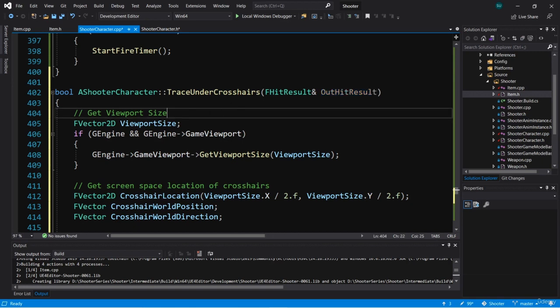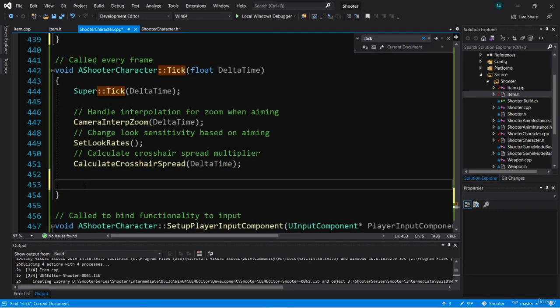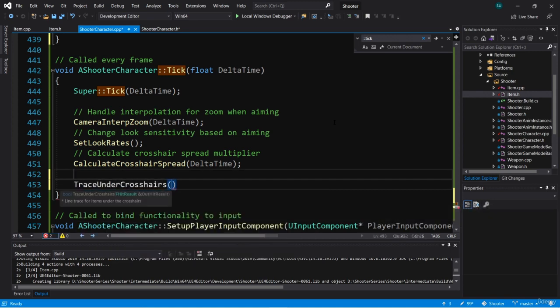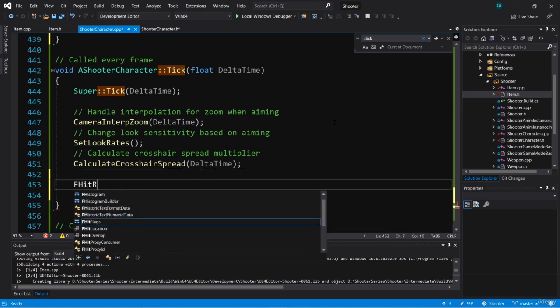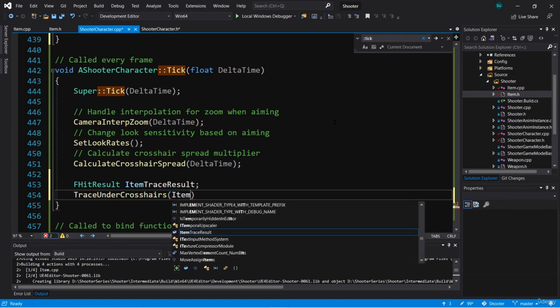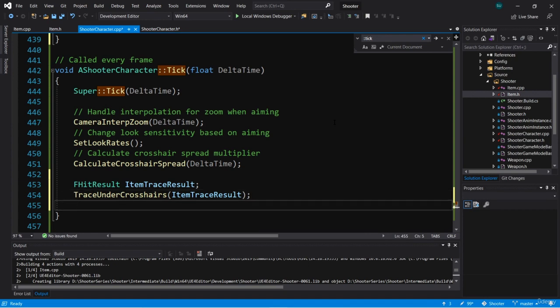So we're going to use this TraceUnderCrosshairs function. And for now, I'm just going to use it in the tick function. Let's go to tick. And here in tick, we're just going to call TraceUnderCrosshairs. And of course, we're going to need an FHitResult, and we'll call this ItemTraceResult. And we'll pass in ItemTraceResult. And if this has a blocking hit,